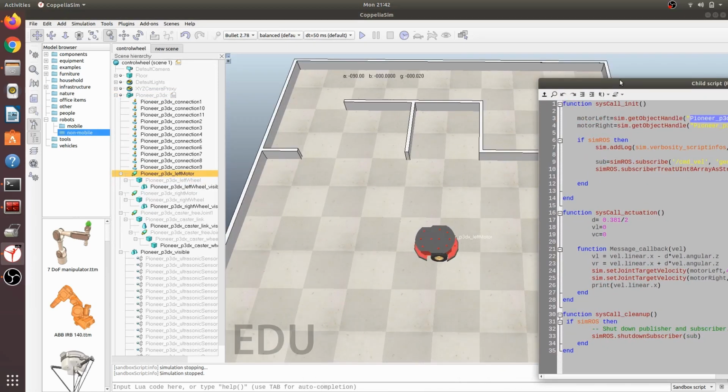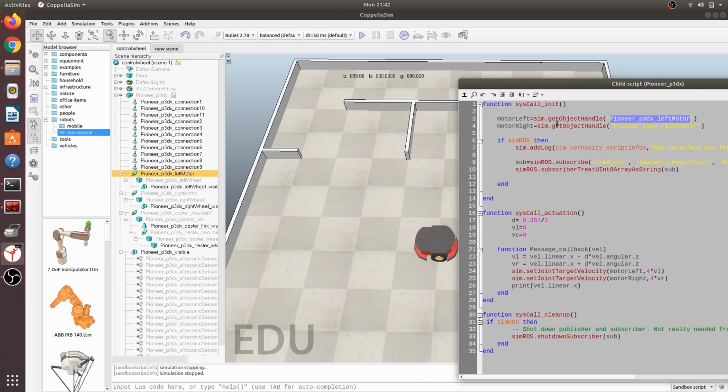Handle means we are relating the real object for our coding purposes so that we can use it as a variable. We want it to be a variable, so we give it a name. So this is get object handle. In the same way we are getting the right object handle.